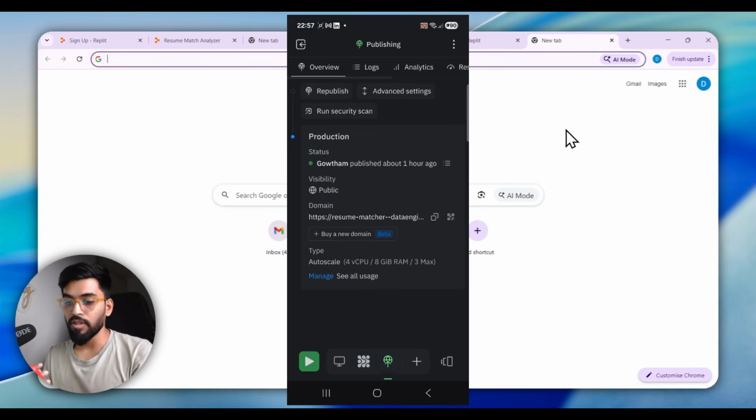So that means whatever we have done in the desktop through the browser, you can do the same thing in the Replit app as well. So you can even chat with the agent, you can build, or you can add new features in plain English, and then you can deploy, republish, right? The preview is also available here. Right. Yeah. So that's what I wanted to show you in the mobile app, how you can do that.